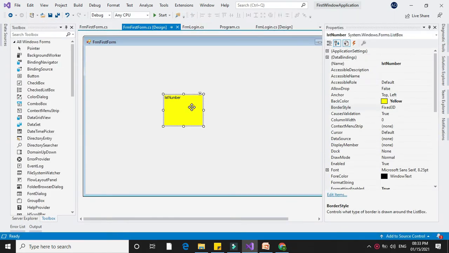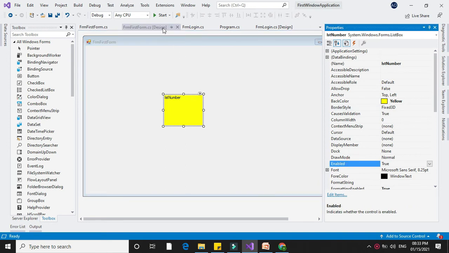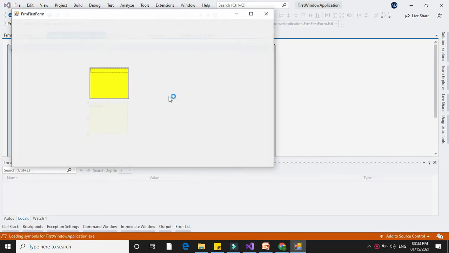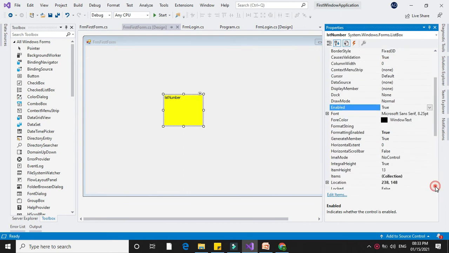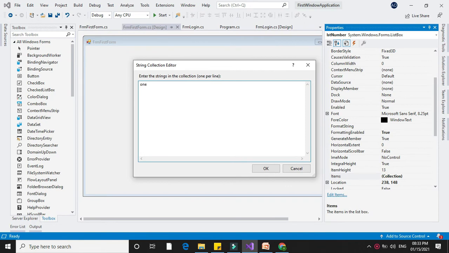Next property is Enabled. If the Enabled property is true and if we run, you can click on the list box. For this, first we will set the Items property of the list box. Using the Items property, you can add records in the list box. Click here, add the items that you want to add.